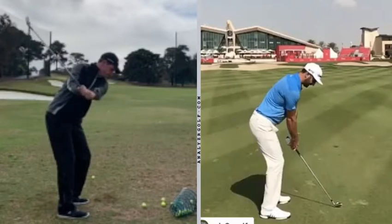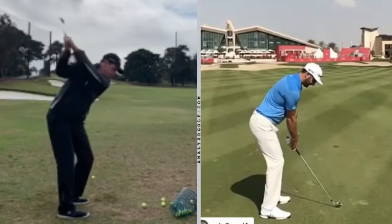You get the shaft a little bit flat going back, but again, not necessarily an issue. Nearing the top here, you add a little bit of supination to the lead forearm, and it gets the club kind of settling a little bit across the line at the top. And again, not necessarily an issue. I have a lot of players who play great from there, so I'm not really interested in changing any of those things. Now, where I see the issue come into play for you is in the downstroke, there is not